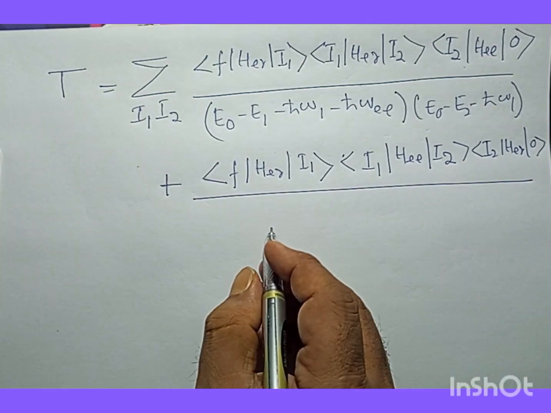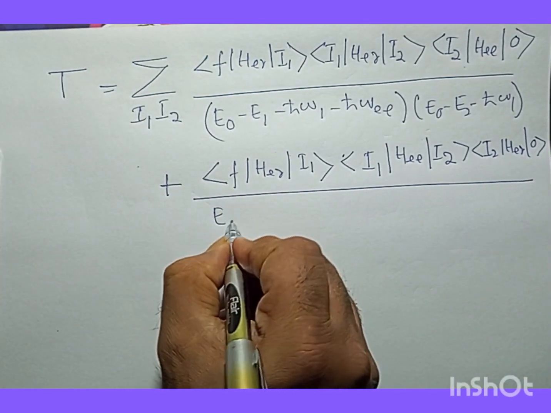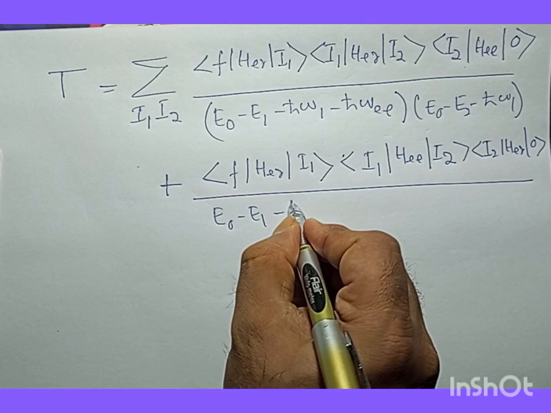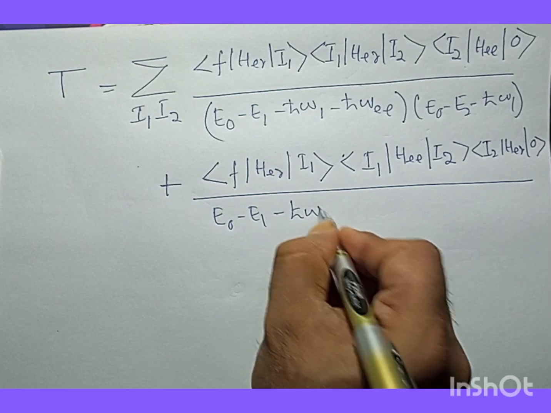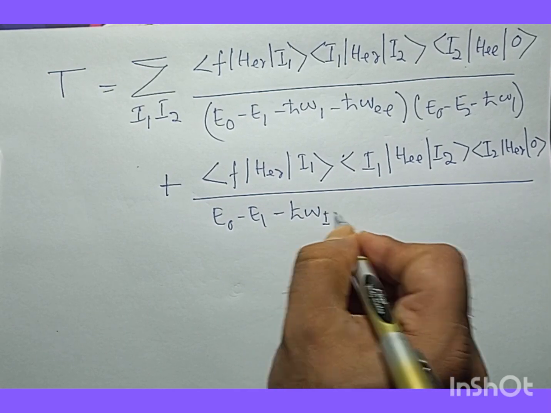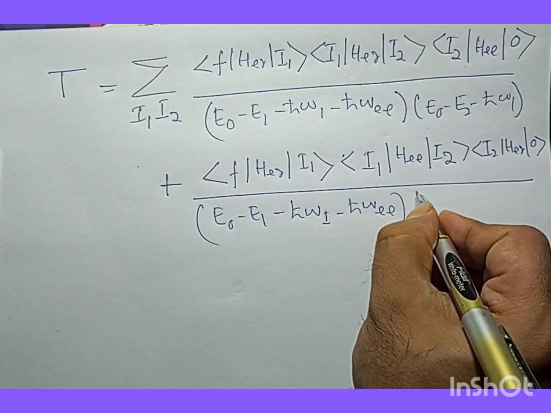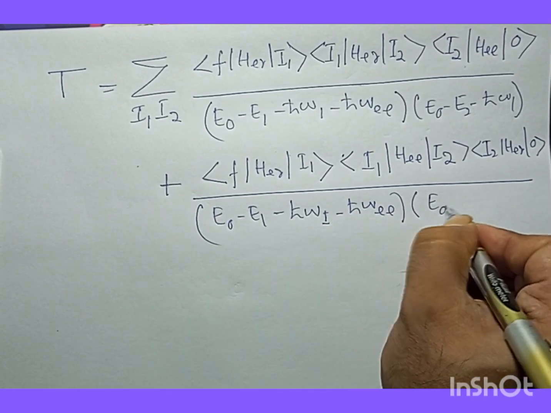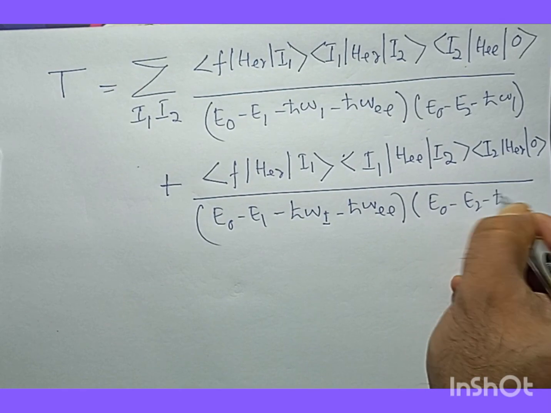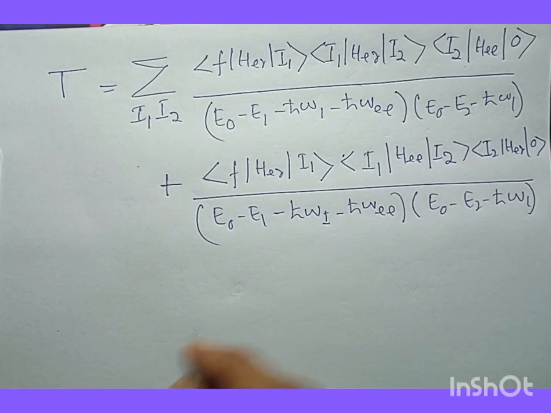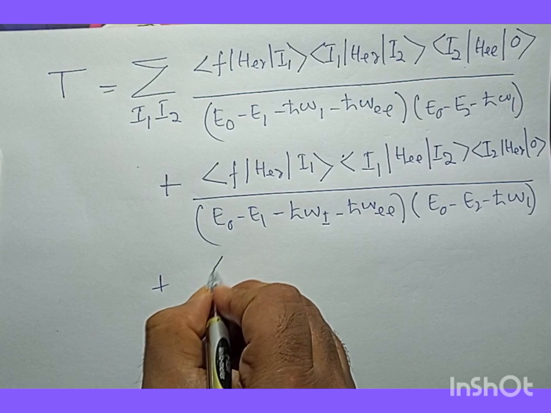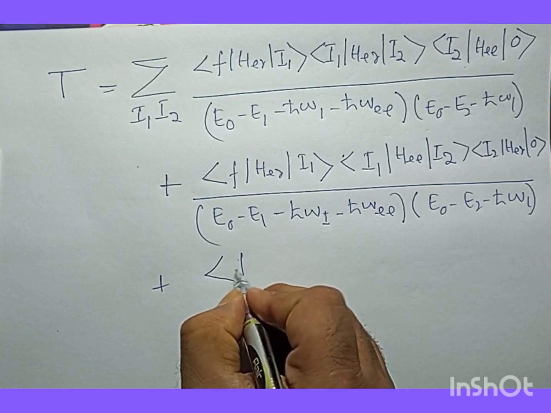Whole divided by the same denominator, E_0 minus E_1 minus ħω_I minus ħω_EE, times E_0 minus E_2 minus ħω_1, and then plus what we have,